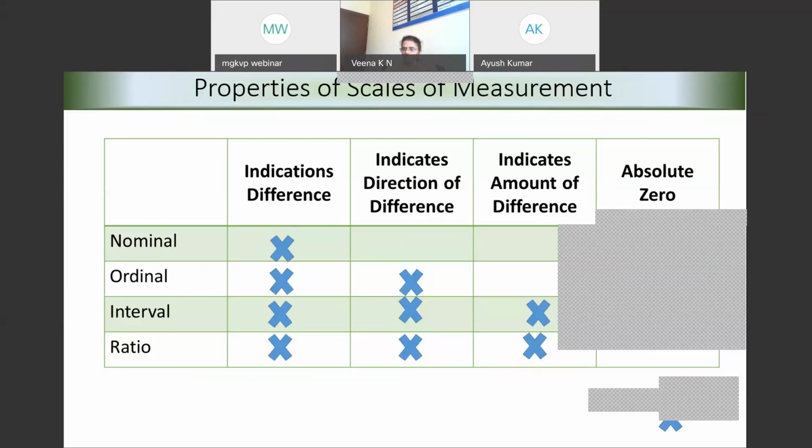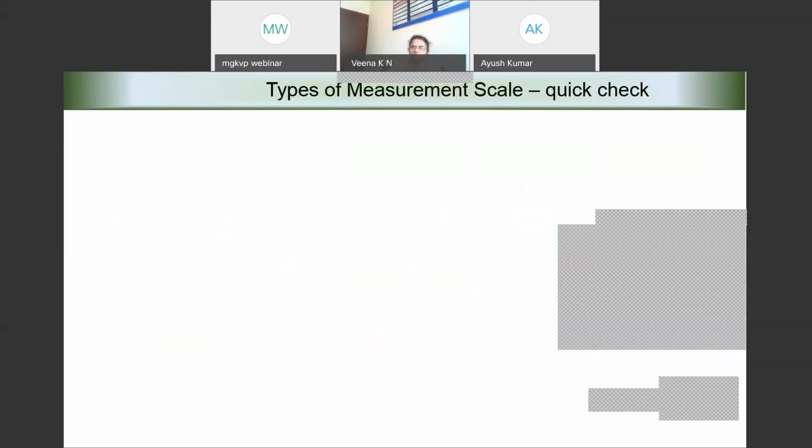But as we understood earlier, in the case of temperature, zero temperature does not mean it is non-existence of temperature, means there is no question of absolute zero. But when we talk about ratio scale, zero means absence. Therefore, absolute zero exists. So this is a quick look at different measurement scales.